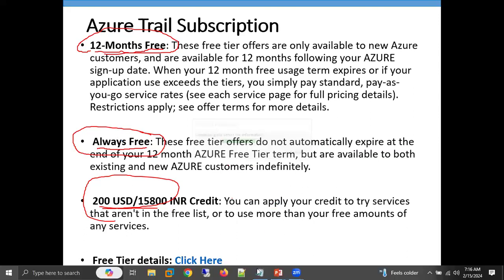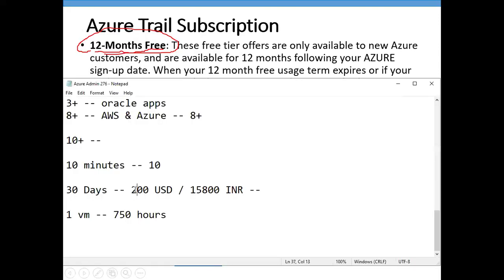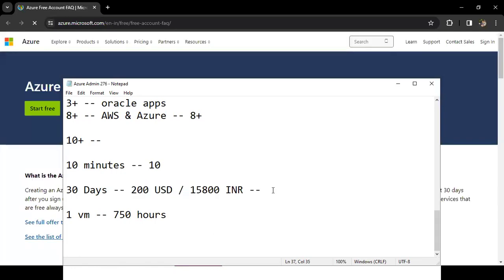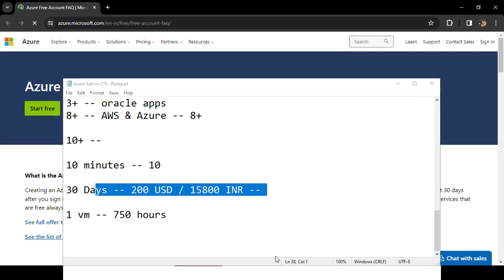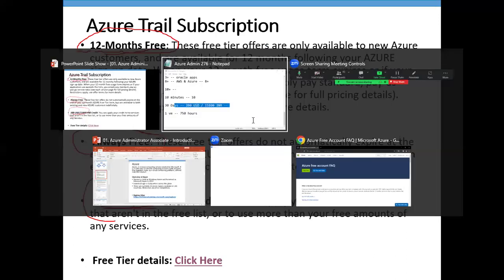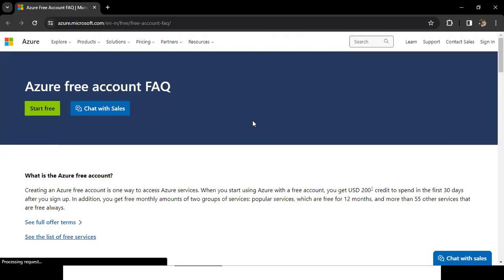Okay, one more thing till the time the link is getting open. For the first 30 days, you will get a subscription from their side where you'll get this particular credit. After 30 days, you need to upgrade your subscription. They will not automatically change your subscription from this free subscription to the 12 months free subscription. You need to do it. How to do it? I'll give you a video for that, not right now. I'll share it after a few days. Then with the help of that video, you can upgrade your subscription.